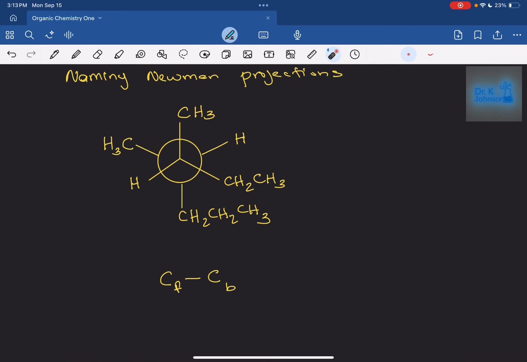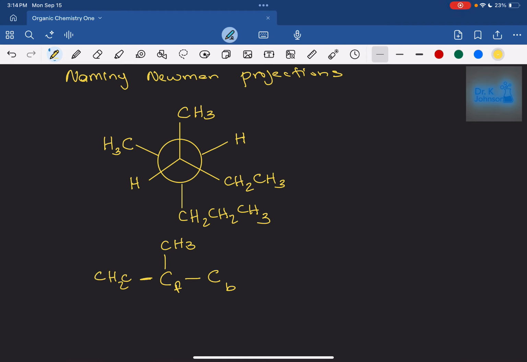Then you take your time and you start putting the things that are bonded to the front carbon on the front carbon. So here we go. On my front carbon, I have a CH3. So I'm going to put the CH3 on here. I have a hydrogen and I have a CH2, CH3. Now I like to keep the group of the three that has the most carbons in this direction. It makes it easier to name. So I'm going to bond it here,